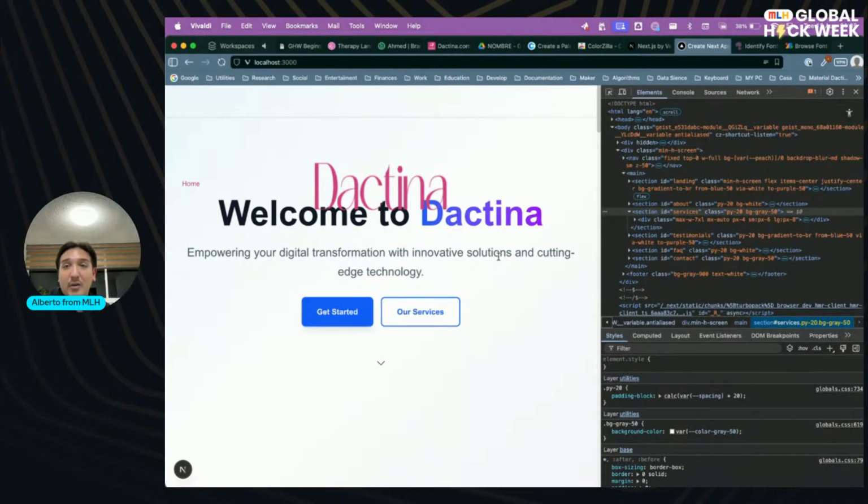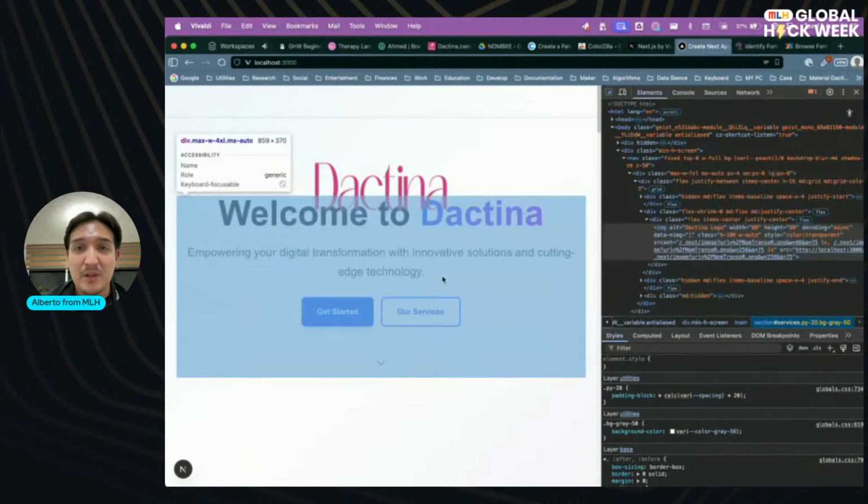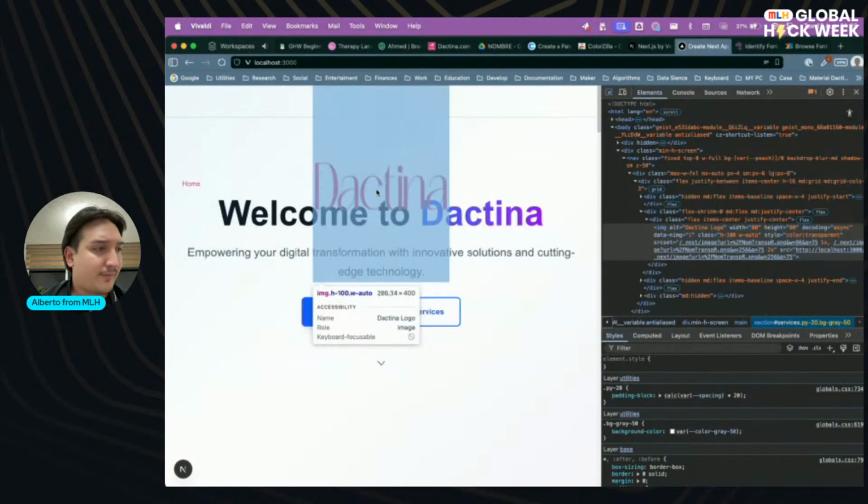Okay, now it's plugged in, and we can continue with our coding. So I was inspecting this to see what was happening, why this is getting that much.